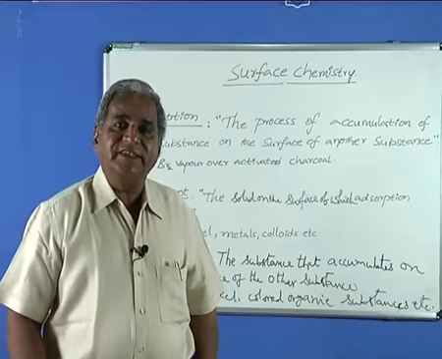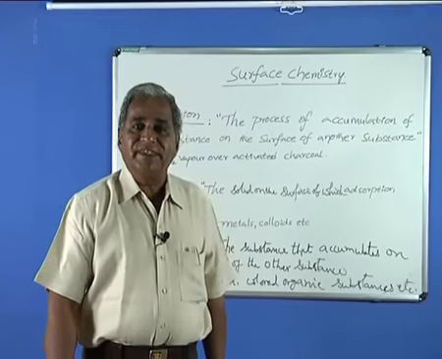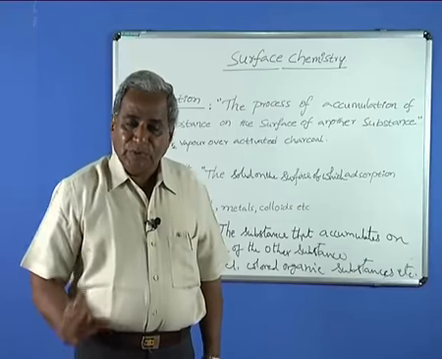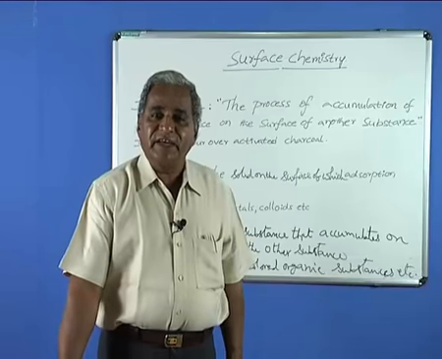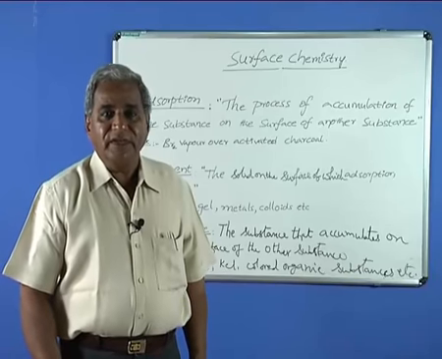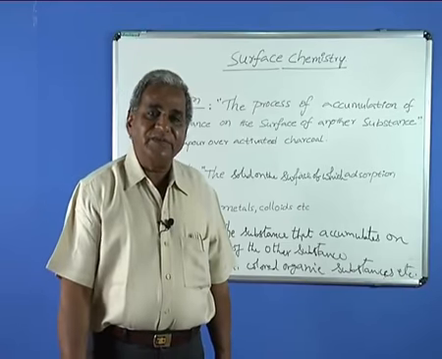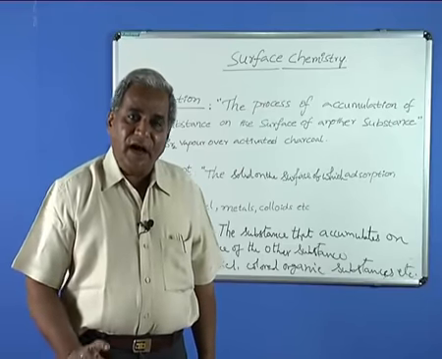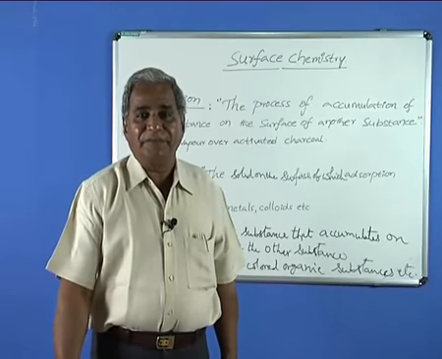Bromine has decreased. Where has bromine gone? Bromine has gone onto the surface of animal charcoal. Due to that, the bromine color intensity we find in the glass jar is decreasing. Here, bromine is said to be settled on the surface of animal charcoal. This accumulation of bromine on the surface of animal charcoal is called adsorption.